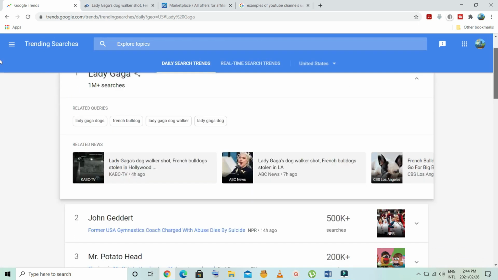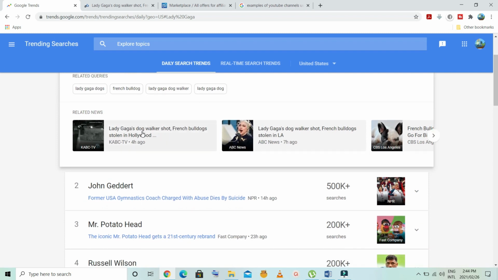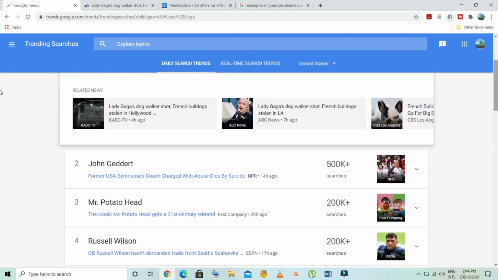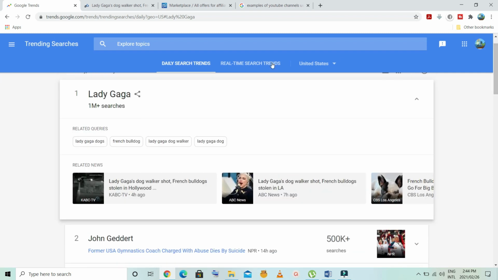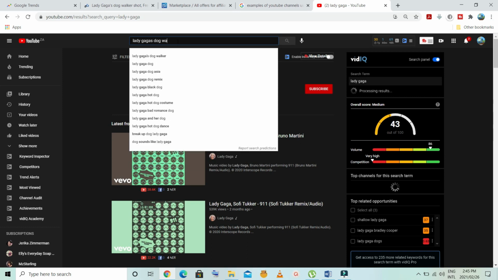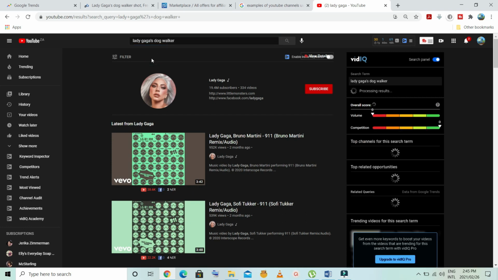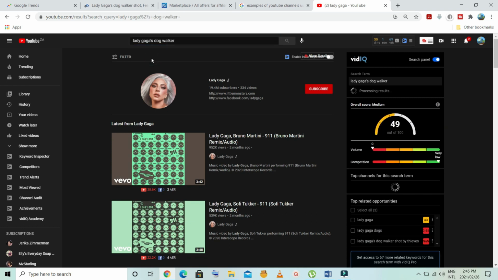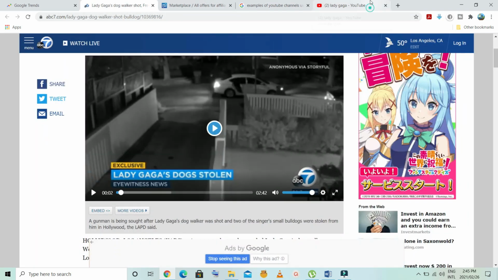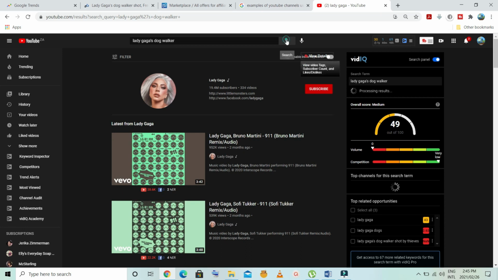And I want you to go onto the Lady Gaga link and just see what's happening with Lady Gaga. Lady Gaga's dog walker shot, French bulldog stolen in Hollywood. Okay, that's what's going on with Lady Gaga. After you find that out, I want you to go to YouTube, and search what's going on with Lady Gaga. Instead, search Lady Gaga's dog walker to find the latest things that have been happening in terms of Lady Gaga's